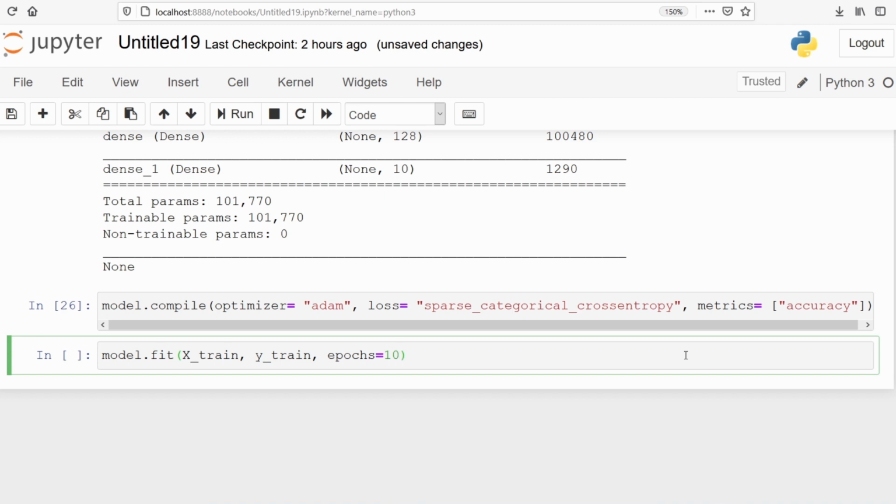Epochs means when the model runs for the first time, the weights will be initialized randomly, and in the next step, via backpropagation, weights will be updated. Here 10 means the model is getting trained 10 times on the whole data and weights are getting updated 10 times. The updating of weights is done using the backpropagation technique.